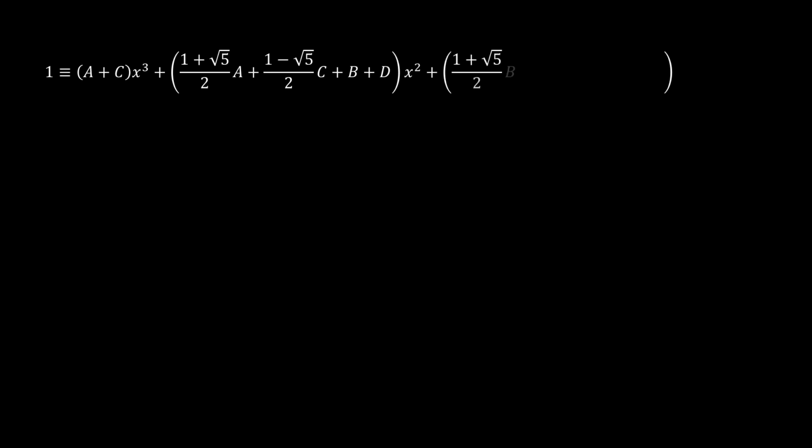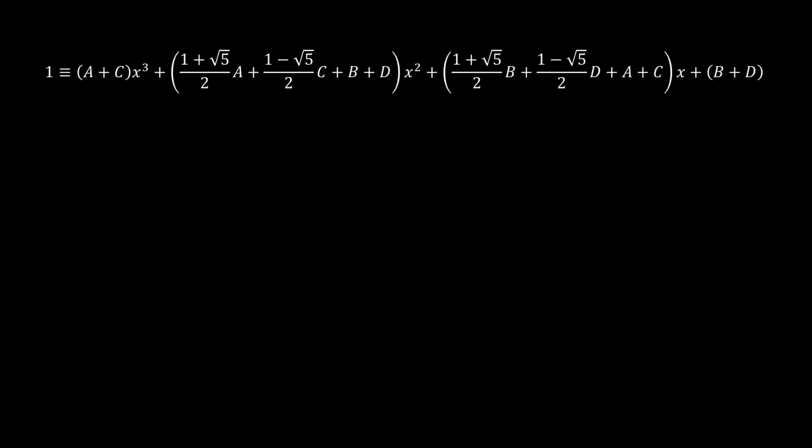So we got the expression 1 is equivalent to (a plus c) x cubed plus ((1 plus root 5)/2 a plus (1 minus root 5)/2 c plus b plus d) x squared plus ((1 plus root 5)/2 b plus (1 minus root 5)/2 d plus a plus c) x plus b plus d